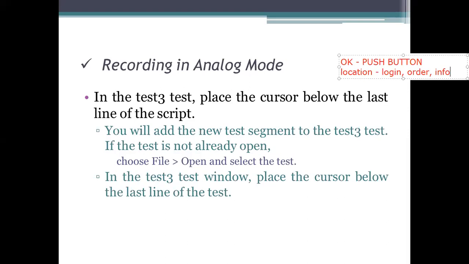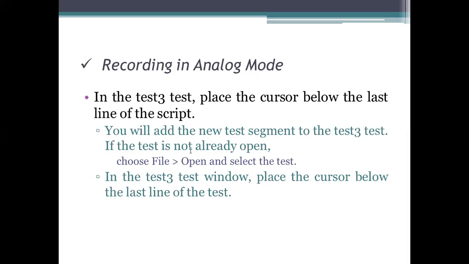To add a new test segment for this, we need to take a test record here. This test recording has to be done in the context sensitive mode. After specifying the context sensitive mode, we need to start the processing. To open a test, we take File, then Open, then select the test we are using, and you can give the name as test3 or any other name for that processing.